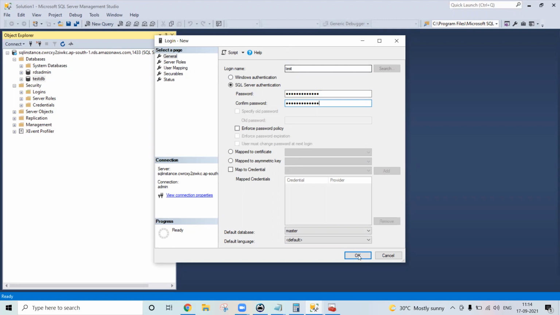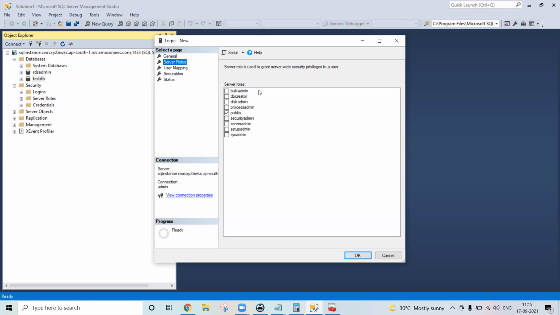Let me show you what happens. Because I created the RDS instance, the first time you have to log in from the admin login only. There is no other option. But later on you can create logins like on premises. See, I am creating the login. Now I can create the database user in the database and give permissions also. These are the server roles available. Let me give sysadmin. Now the user mapping, the same flavor as what we perform on premises.